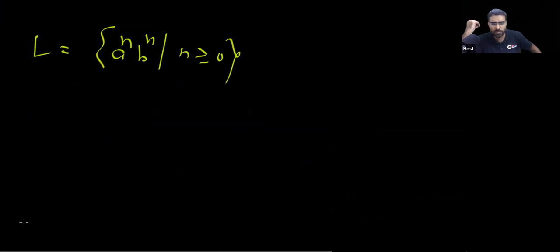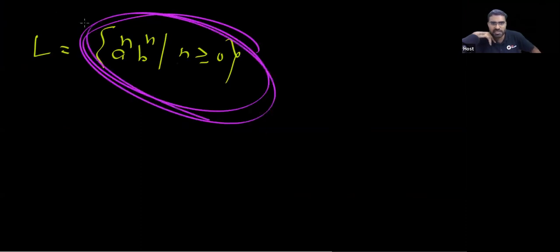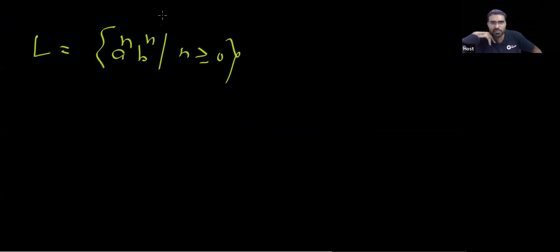Now remember, in future, if someone asks you why a power n, b power n is not regular, which logic will you give? Will you say there is one comparison, and finite automata cannot do comparison? This type of dumb logic will you give? Or will you say that whatever magical number you take, there is a violating string? This is the logic you can give.